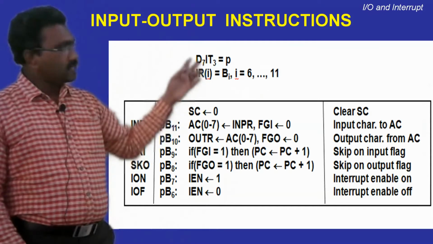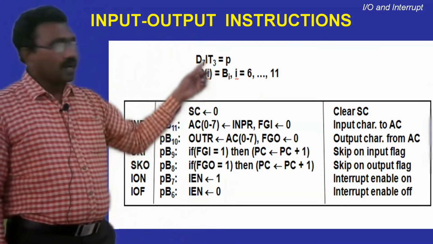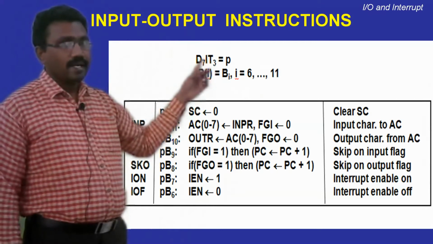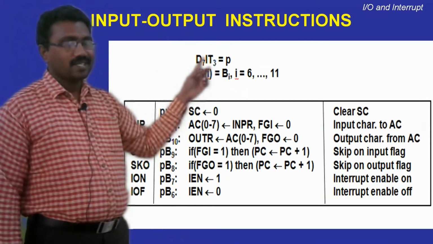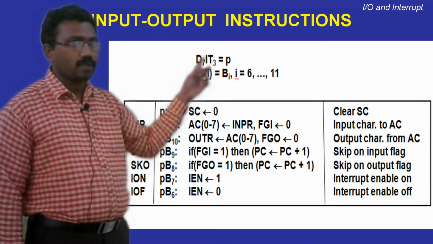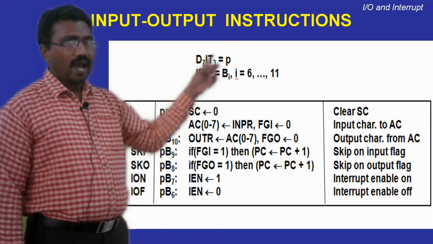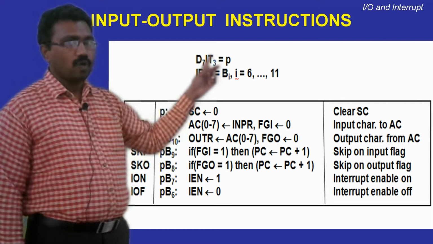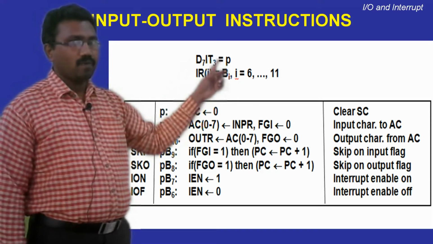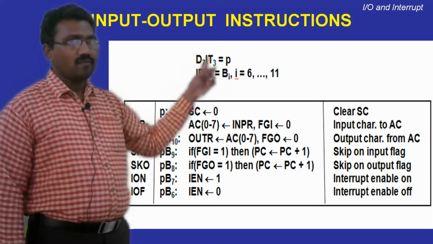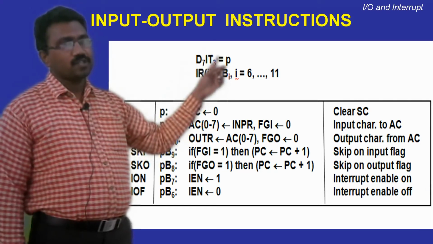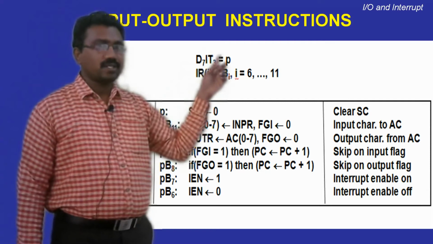In the last session we saw the control function to execute input output instructions. D7' is nothing but the present running instruction opcode must be three ones: the 12th, 13th and 14th bits must be ones. I equals 1, the leftmost mode bit is 1, and the T3 timing signal must be active. So T3 = 1, D7 = 1, I = 1. This is the control function to execute input output instructions in the basic computer.